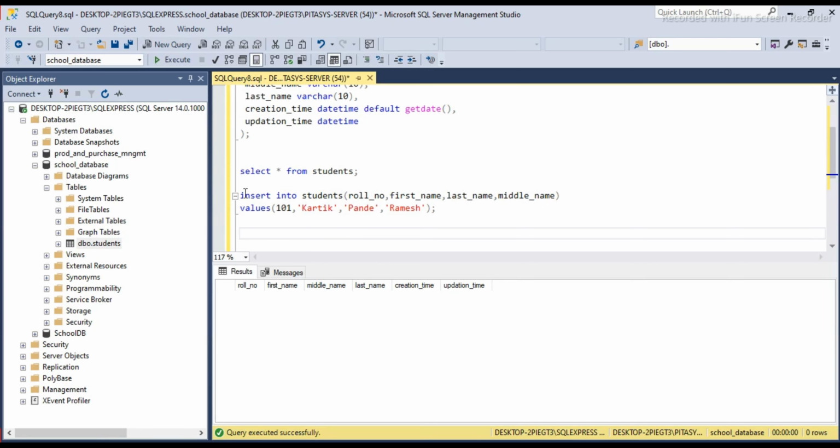The syntax of the insert query uses the keywords insert into, then the table name, that is our Students, then in parentheses the fields that should be inserted, and after that values is the keyword indicating which values should be inserted into the table for the specified fields, and these are the field values in parentheses in the values section. Now we will execute this query.